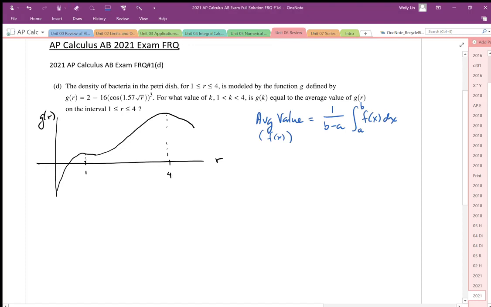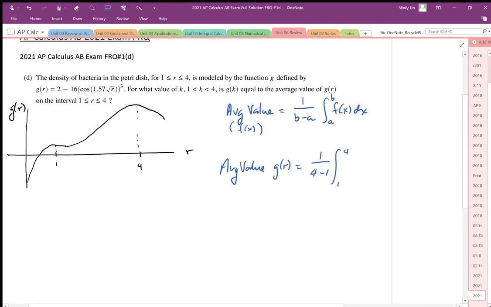I want to find the average value of this function by integrating it and dividing by its interval width. So the average value of g of r is equal to 1 over 4 minus 1 times the integral from 1 to 4 of g of r